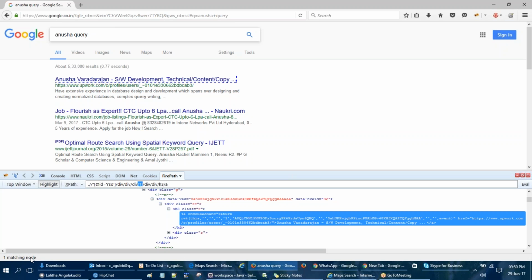If I give only one number, it says one matching node. If I remove it, it says 10 matching nodes. So that means this is the common XPath for all the 10 results. Okay. Now,